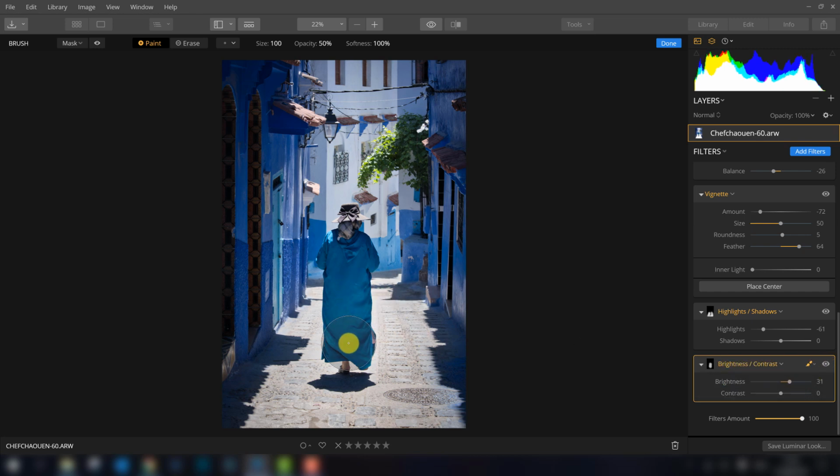And if you want to increase the brightness even more, it is possible by pulling the slider more to the right. And as you can see, I also selected a little part of the wall here, and on the left side it is easy to erase that, because here on the top you can select erase. Let's make this a little bit smaller, and I can go over it here and here